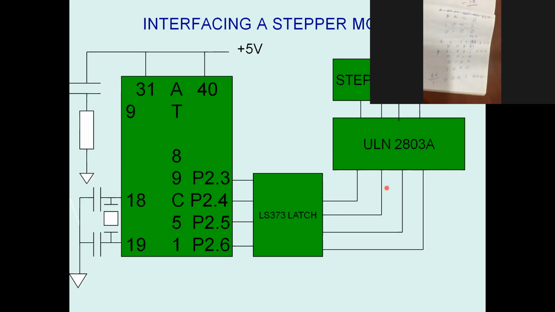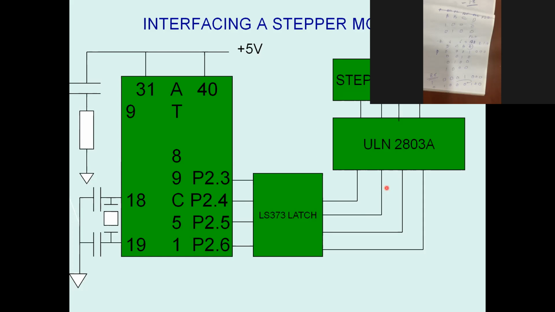Next, I am rotating this one, either left or right, whatever it is. So I am rotating this one. What will happen? 0, 1, 0, 0, B will be energized. Then 0, 0, 1, 0, am I right? Yes, sir. So C will be energized, and then D. Again, if I am rotating, which one will be energized?